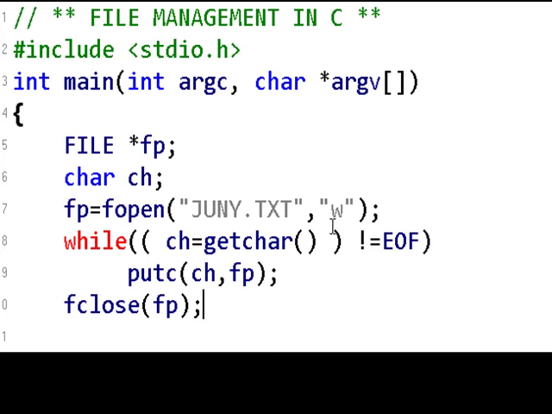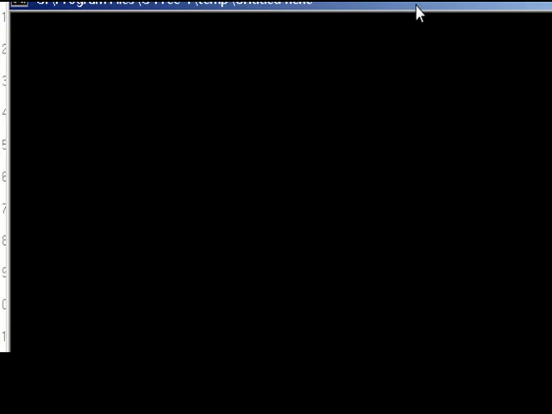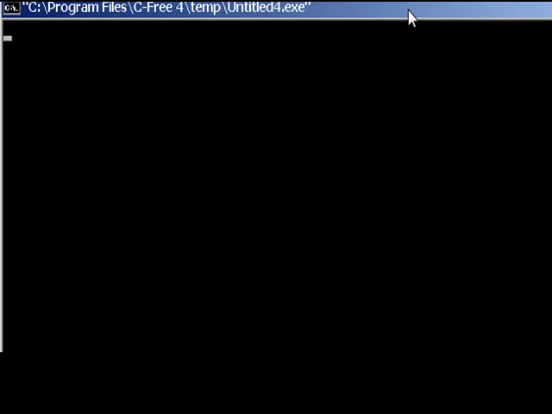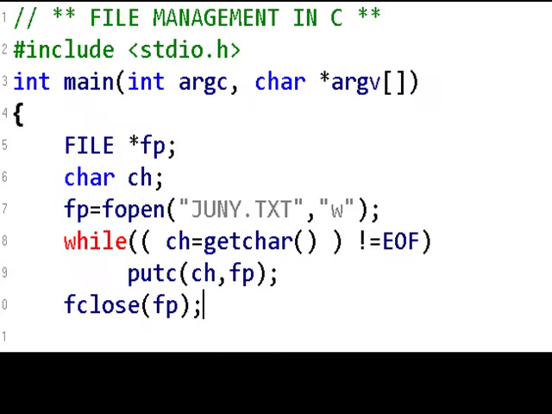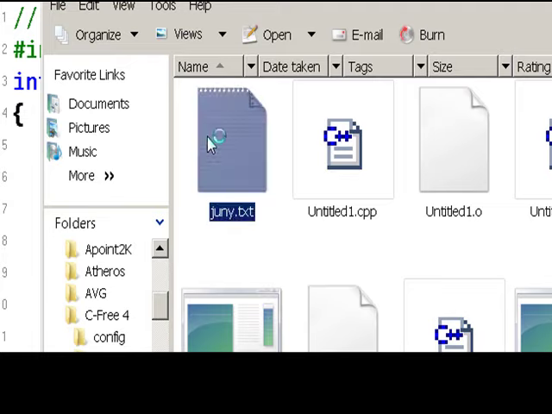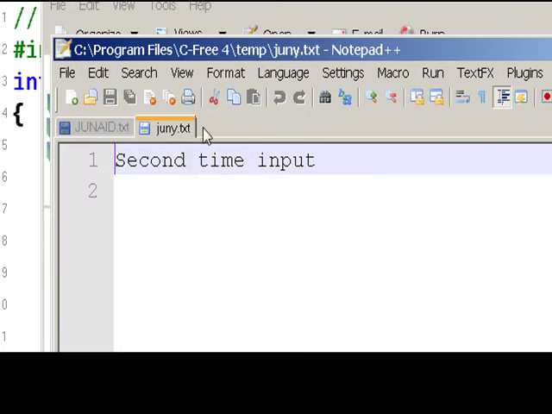Now if we run it again, and this time around I will say something different. I will say, for example, second time input. Okay, and I press Ctrl Z to exit the while loop, and that's it. And if I open the same file, juni.txt, here we go, I open the file, but it says second time input. The previous input that I had given, that's gone. That was written, that Junaid teaches you something like that. That is gone,